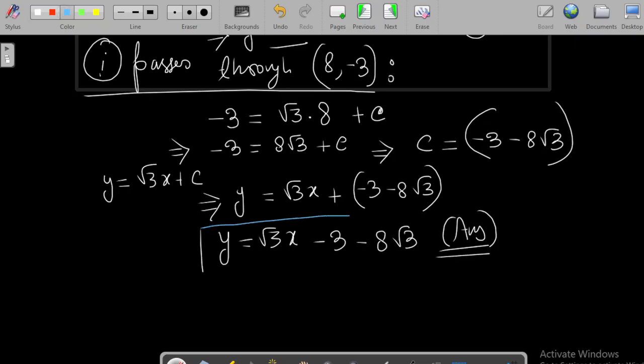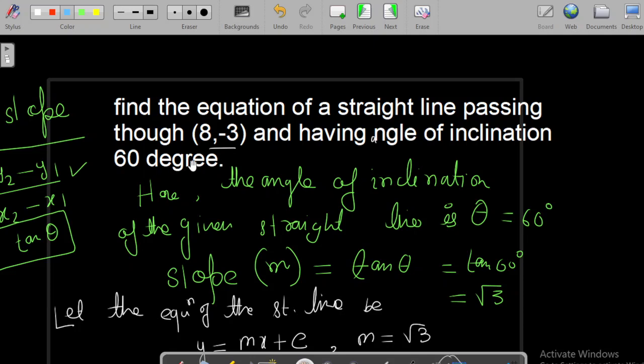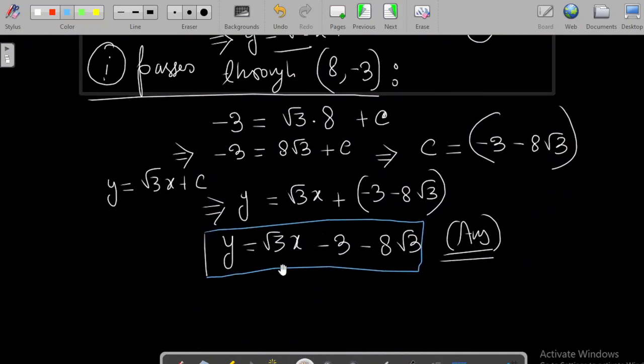The equation of the straight line which has angle of inclination 60 degrees, and it passes through the point 8 comma minus 3, is y equals root 3x minus 3 minus 8 root 3. If you want to, you can also substitute the value of root 3, that is 1.732, in this equation, and it becomes y equals